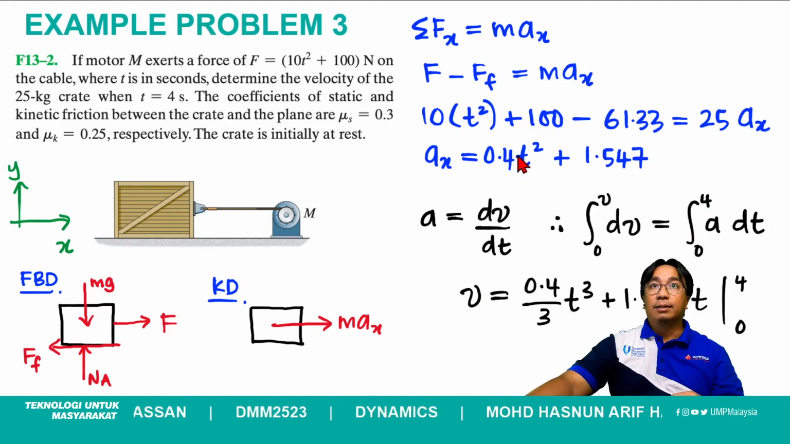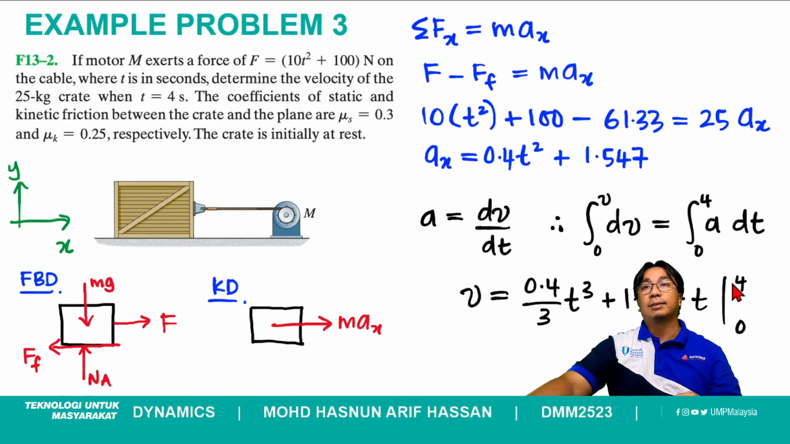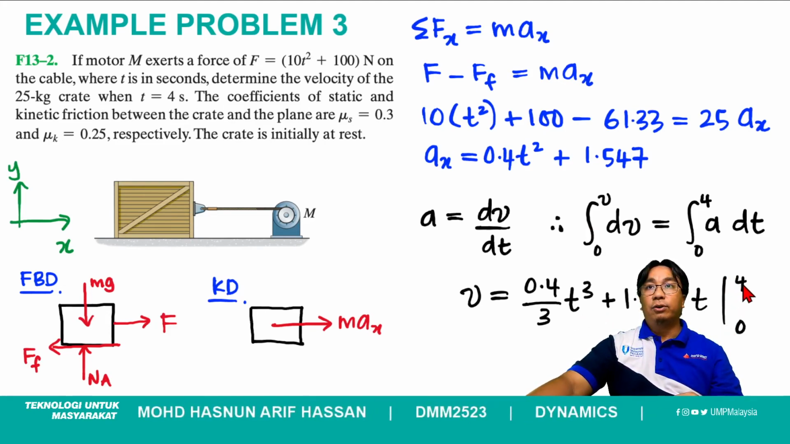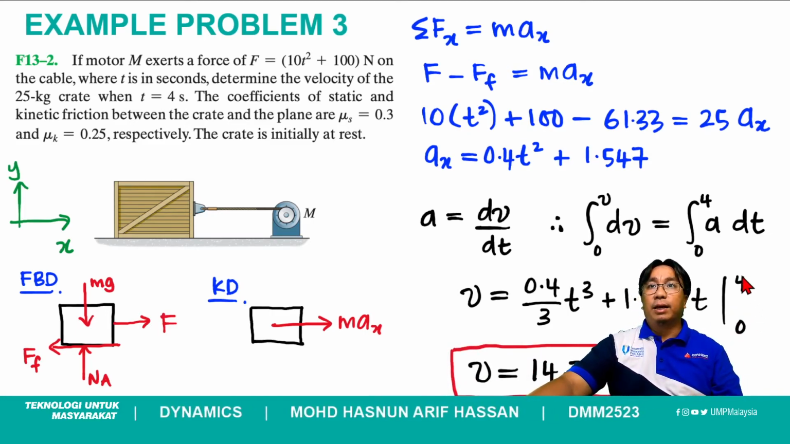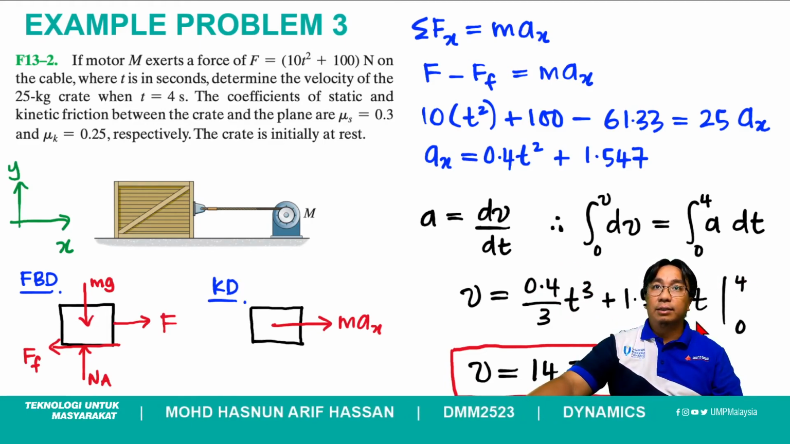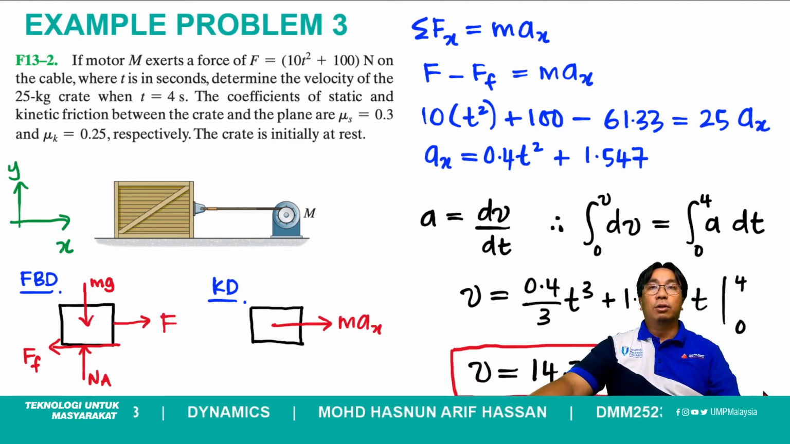Integrate a here, you will get 0.4 over 3 t to the power of 3 plus 1.547 times t. This is what you have after you integrate a dx. Then you will calculate for 4 and 0. This is the range. So in the end, when you key in 4 in the equation here, when you key in 0, you will get 0. When you key in 4, you will get v is equal to 14.72